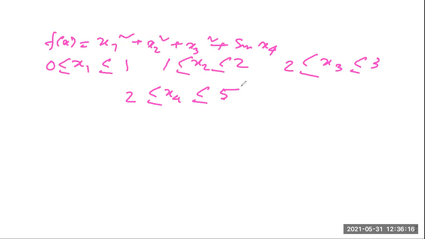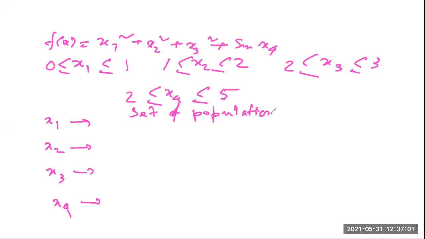Now, what is the maximum value? Or let us say we have to calculate the minimum. In that case, what has to be done? Suppose you have to calculate the maximum value of this. Now we'll assume x1, x2, x3, and x4 are the variables of this particular problem. These variables will have a set of population.